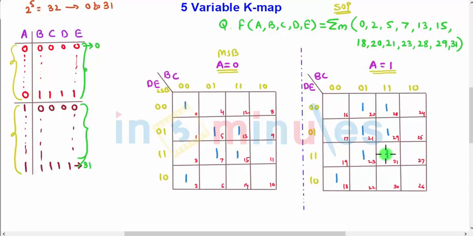What you can actually do is, the blue line shown here is the axis of symmetry. So you can place the K-map where A is equal to 1 onto A is equal to 0. Then all the positions will match. All the 16 cells available with A is equal to 1 will overlap the 16 cells available with A is equal to 0, and where A is equal to 0 and A is equal to 1, the both bits are different, so you can cancel out, and there is a similar group formed on the basis of B, C and D, E. Okay, so don't get confused.